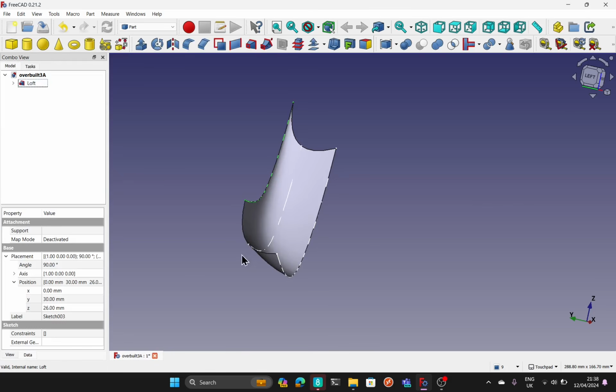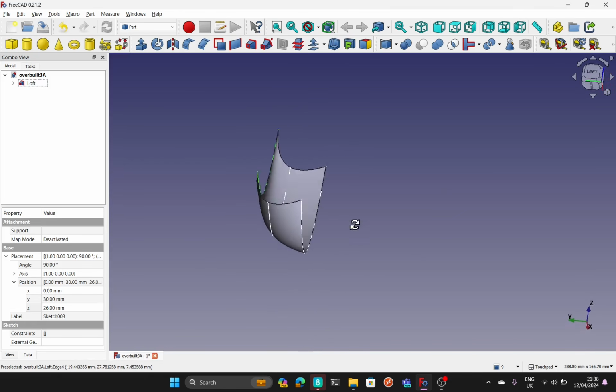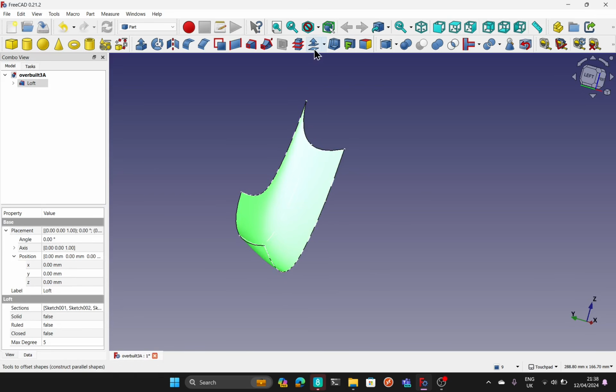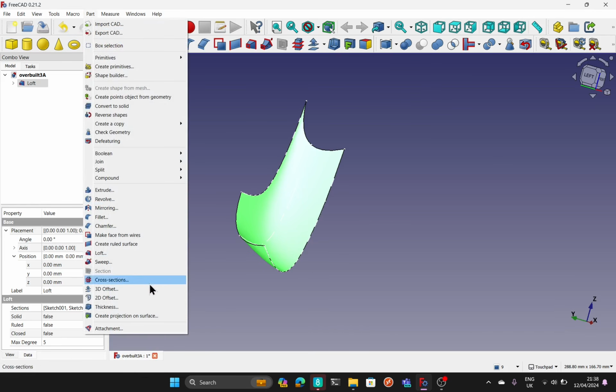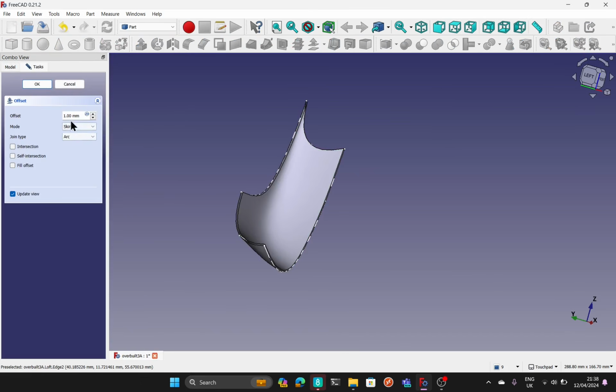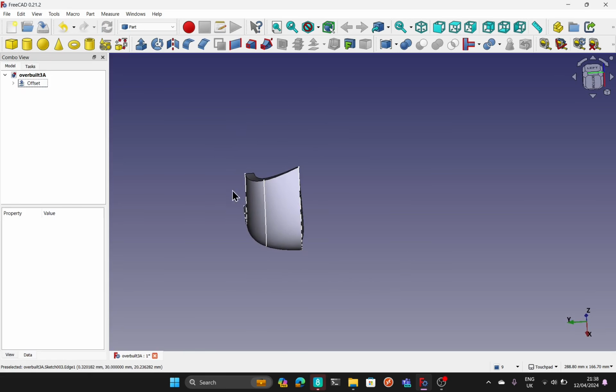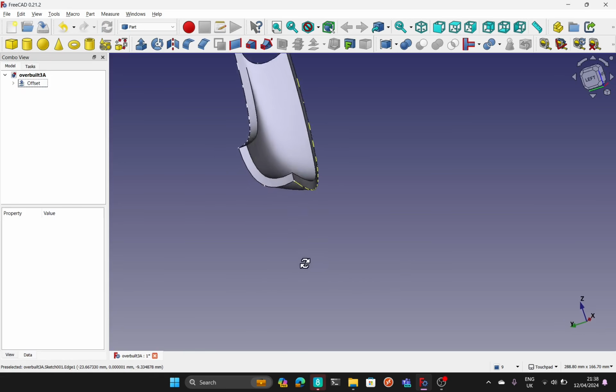We don't get a straight surface going through those profiles. You see we have this surface. Now if I offset this using the offset tool, 3D offset, using part 3D offset, set this to 5 and fill the offset. We see we have this curvature coming around here, but